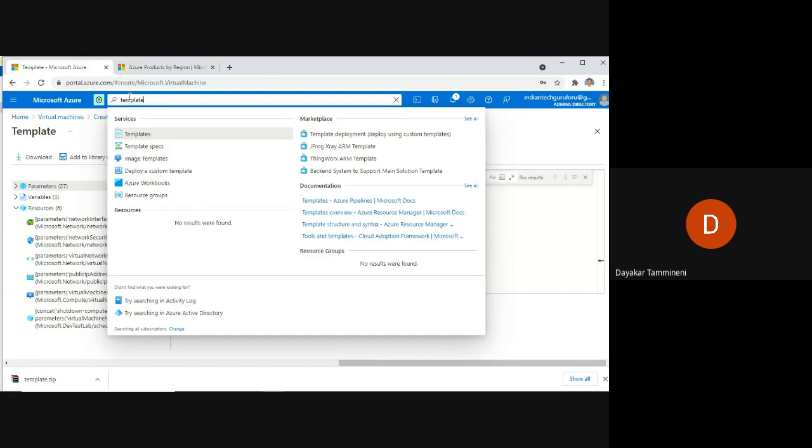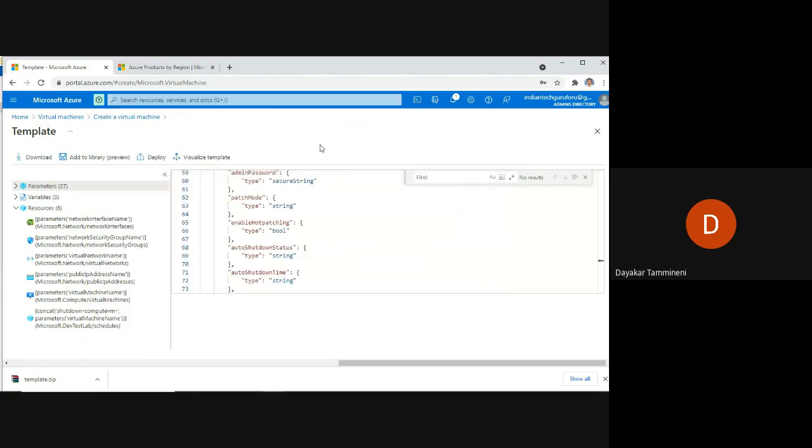Just type template. Then you will find template deployment. Click on template deployment.